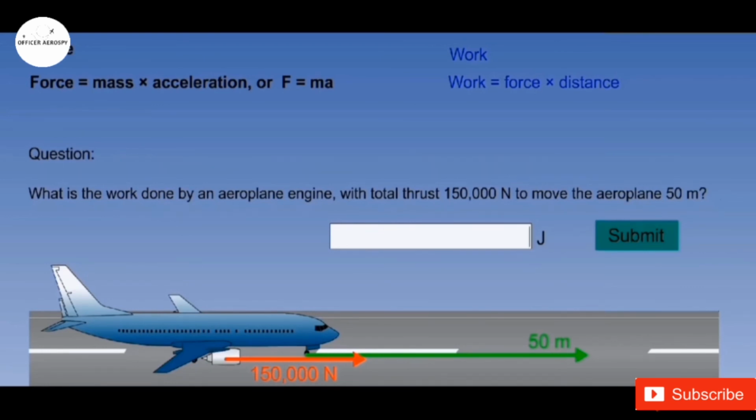So we have a question here. Let's calculate what is the work done by applying the given force over a distance of 50 meters. Work done is calculated by multiplying the force given and the distance the force moves the object. So let's say our answer will be this much. So let's cross check by submitting the answer.